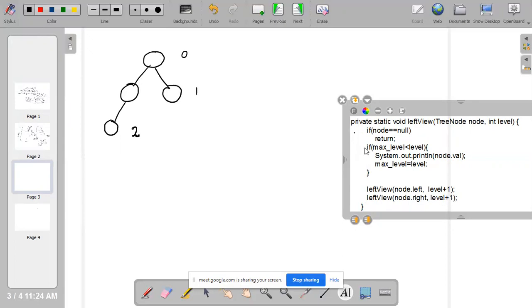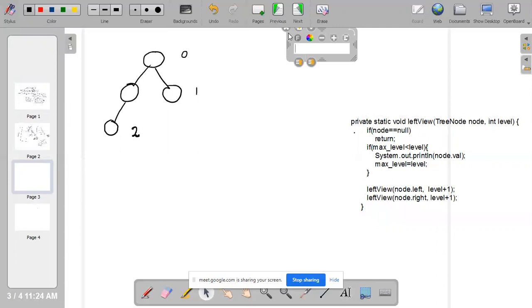And here what is happening: I am setting max level as 0 as a static variable. Or let's say I'll start with level equal to 1. That would be better.